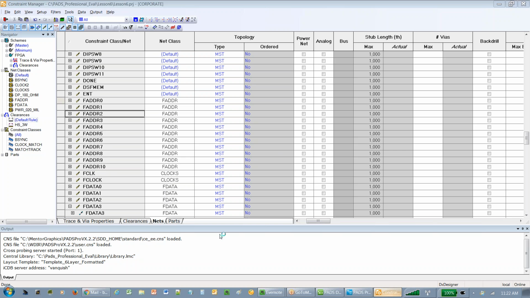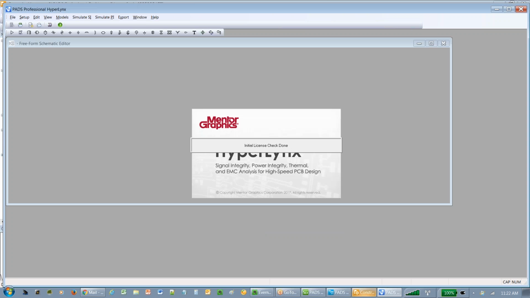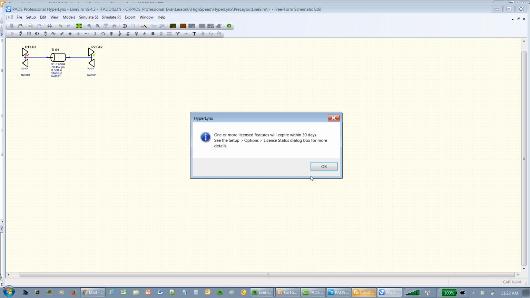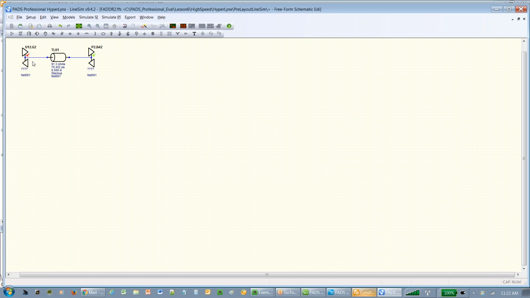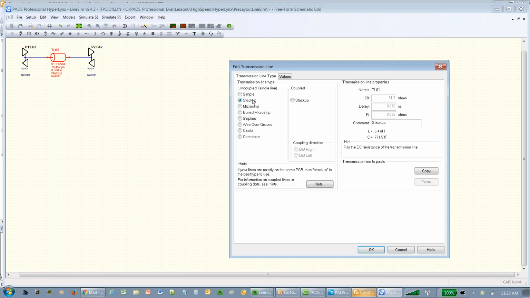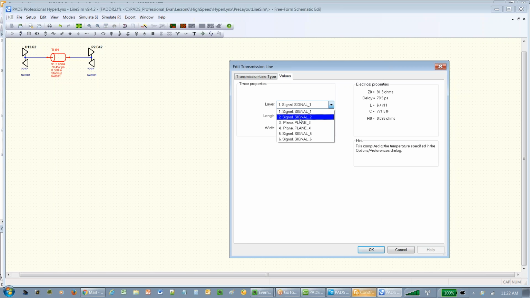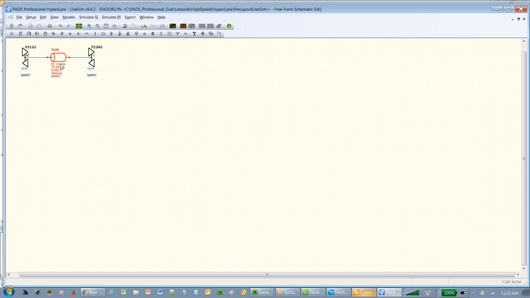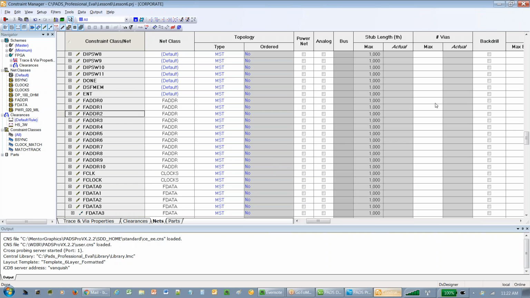I can launch that net into the hyperlinks tool that comes with the Paths Professional application, and now I can play around with the stack up and what layer this net's going to be on, and timing information, and then go back and enter that information in my length or time of flight information data. Okay. We can do more complex